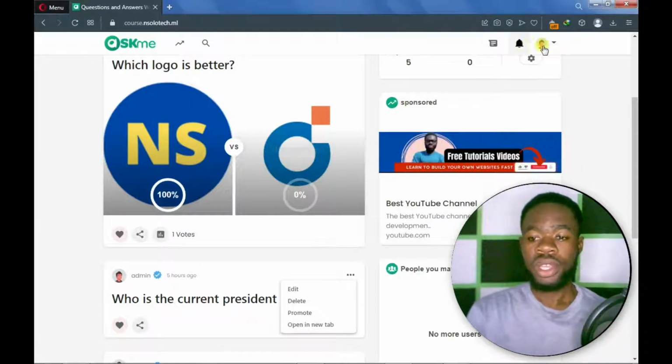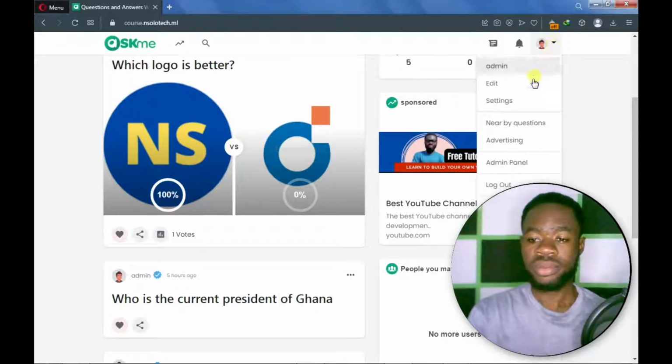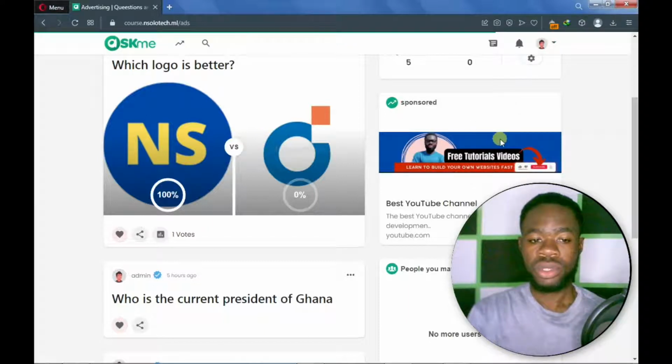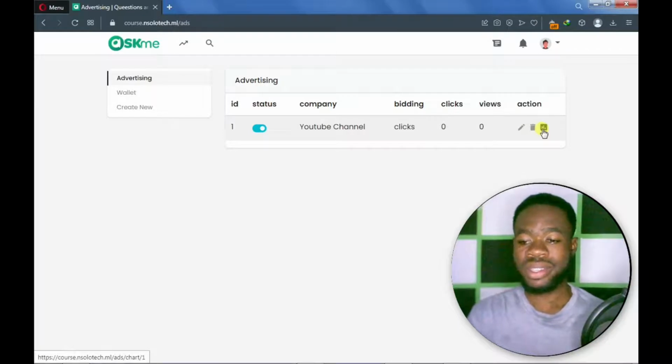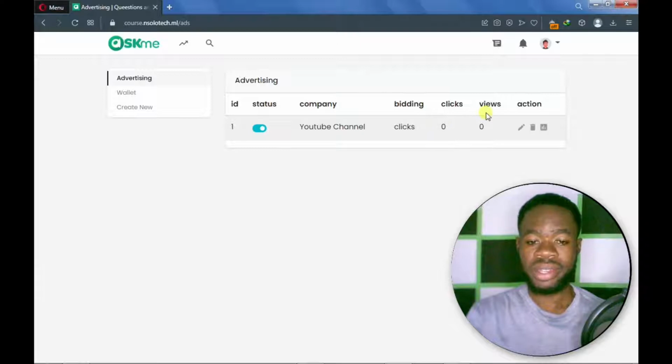Okay, now on top you see this is a user profile. When you click on it and then click on advertisement, it will take you to an ad page. This is where the ads are going to be displayed. They'll be able to edit their ad, delete ad, or see general statistics of this ad. They'll be able to see their number of clicks and number of views. They can disable this ad